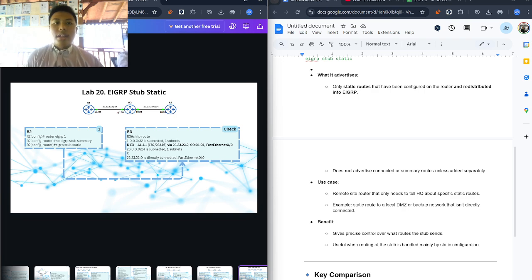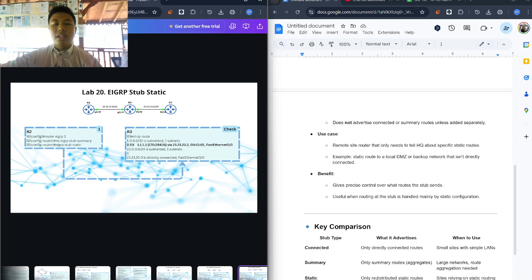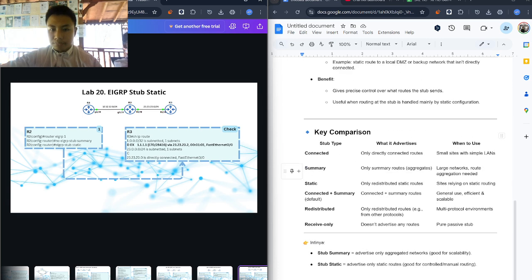The use case is a remote site router that only needs to tell the hub about specific static routes, for example a static route to a local DMZ or backup network that is not directly connected. The benefit is precise control over what routes the stub sends, useful when routing at the stub is handled mainly by static configuration.